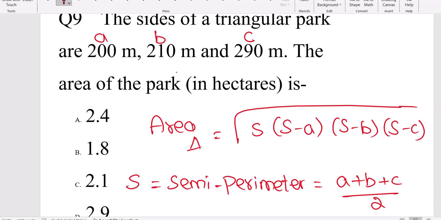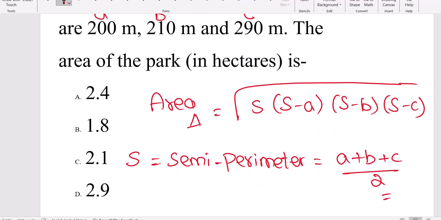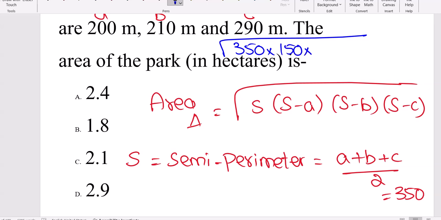700 divided by 2, you got S value 350. Good. See, in TCS a virtual calculator is allowed, but in some other companies no calculator is allowed. If a calculator is not allowed, can we come up with a solution for solving this in an easy way? That we have to think of. 350 minus 200, 150 will be there. Then 350 minus 210, 140. Then 350 minus 290,